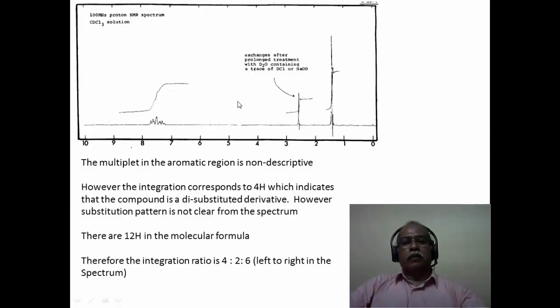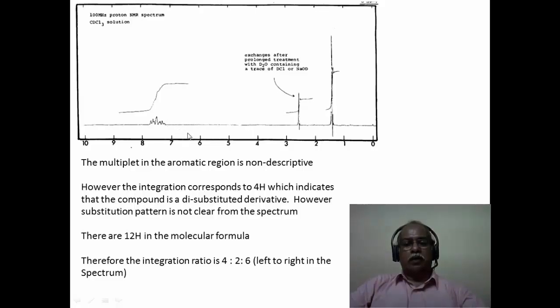and the total number of hydrogens in the molecule is 12. So now we have to partition this integration for 12 hydrogens. If this corresponds to 2 hydrogen intensity and this corresponds to 6 hydrogen intensity, then this would correspond to 6 hydrogen intensity and 2 hydrogen intensity. This would essentially correspond to 4 hydrogen intensity. A 4 hydrogen intensity in the aromatic region would only mean that it is a disubstituted aromatic compound, but unfortunately from the non-descript splitting pattern, we cannot tell whether it is an ortho, meta